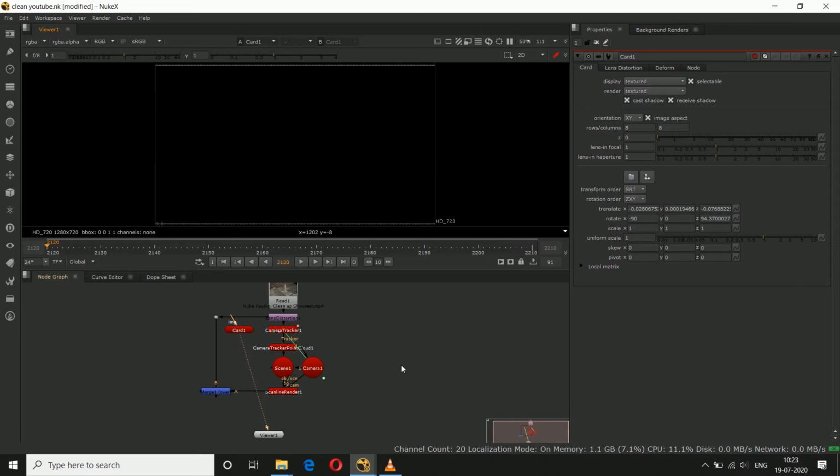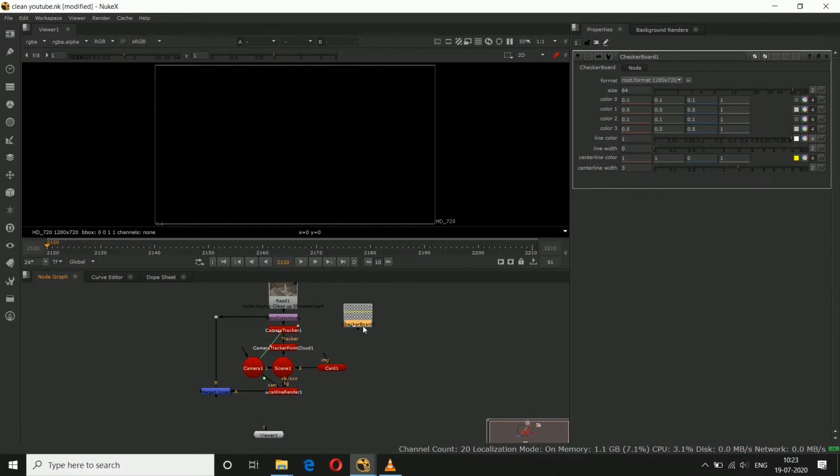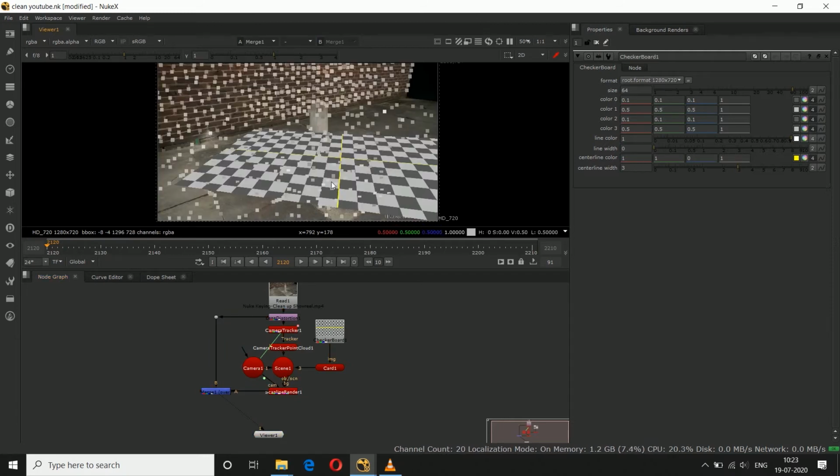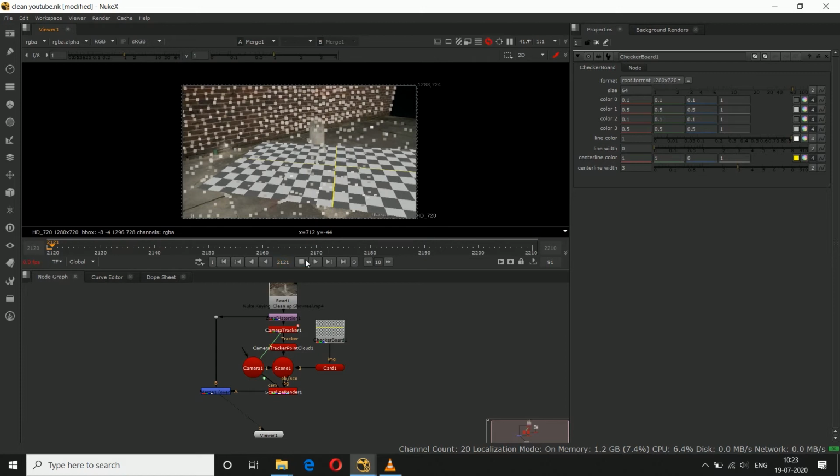So our card is created. We'll connect it to a scene and we'll give it a texture, checkerboard. Now we'll view through merge. So now you can see that our card is properly on the ground.